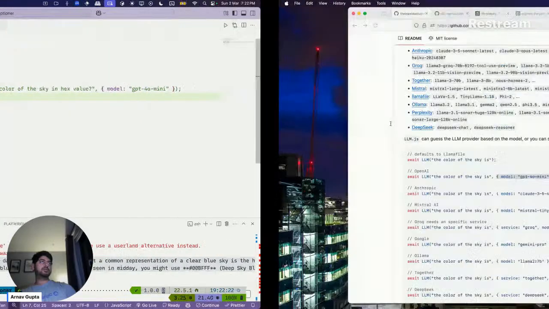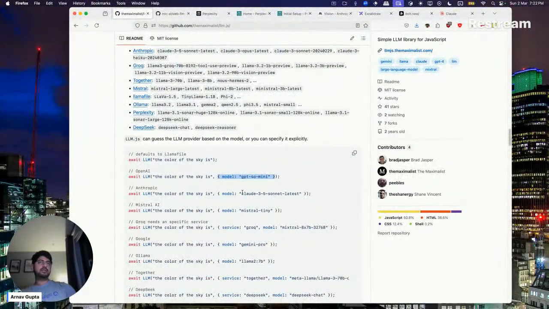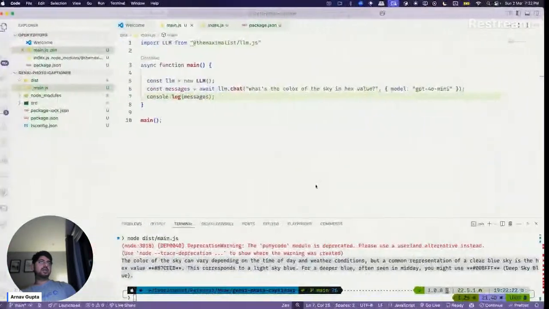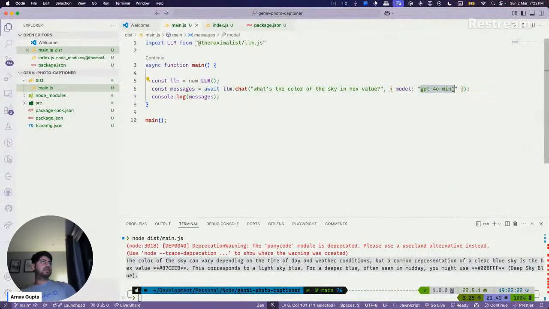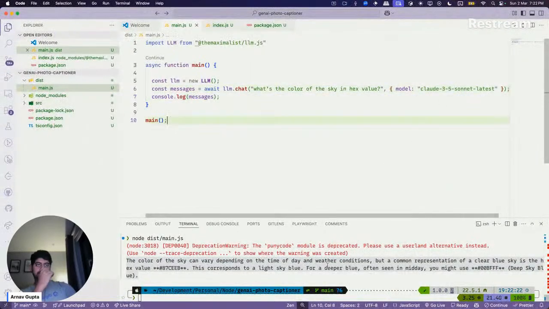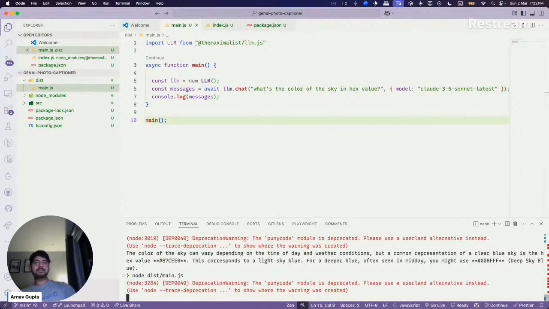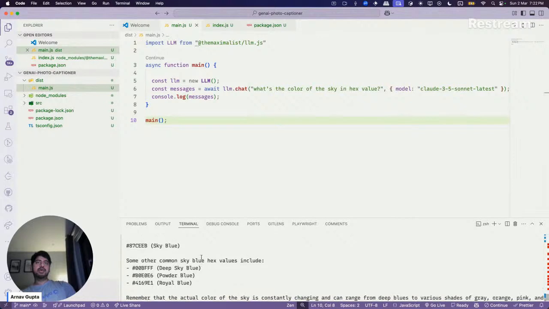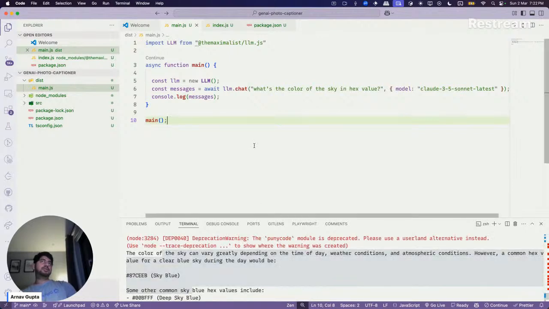I think we can now also call the other models. I think I have a key for Anthropic, so let me try with that. Okay, so that stuff is working. Good, at least.